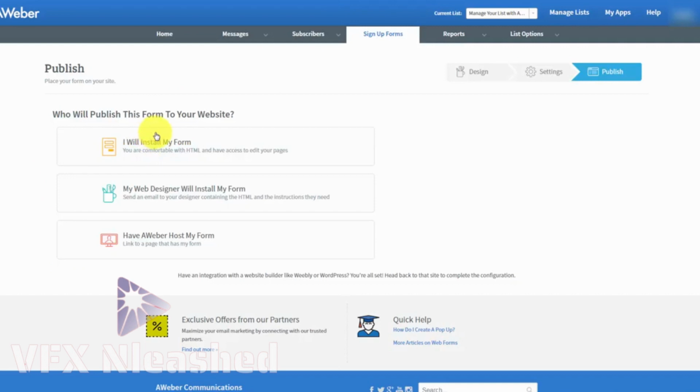You're going to have a section where if you are comfortable installing your form using HTML, you can click this box. If you're going to have your web designer or coder install your form, you can actually send them an email through this link. And if you're going to have Aweber host the form on their site, you can do that also. So we're going to start by looking at the first choice, which is I will install my